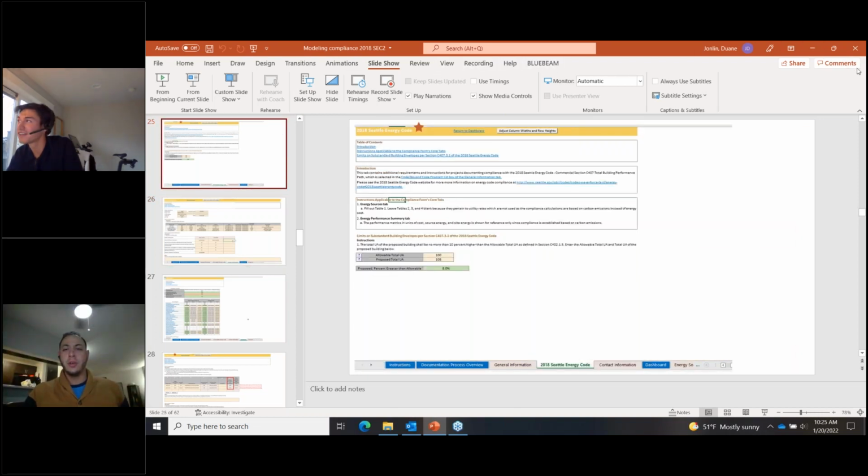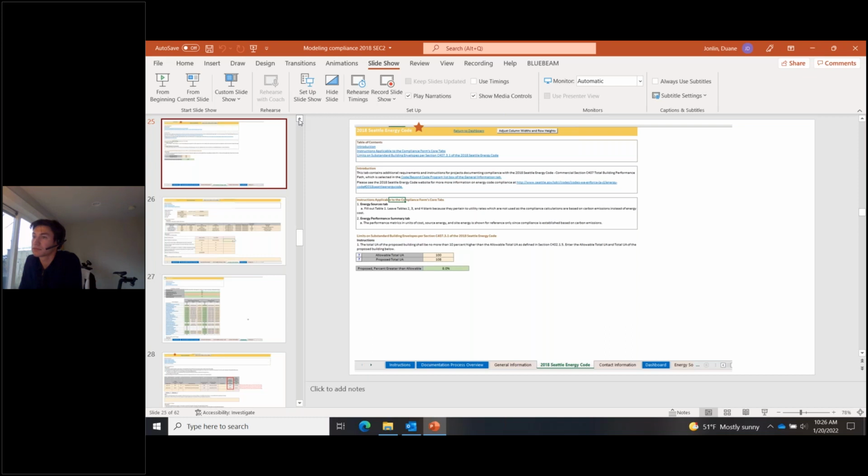As a quick one, if there are still any technical things to be worked on, a quick question for either Duane or John: is there a standard process for reporting spreadsheet issues or limitations of the spreadsheet to anyone in WSEC or SEC for Appendix G? Yeah, I can forward them to the authors of this tool at PNNL.